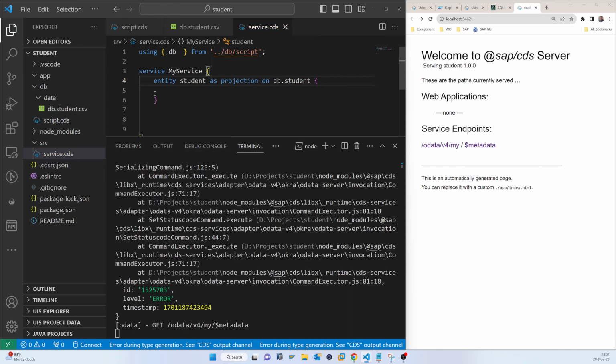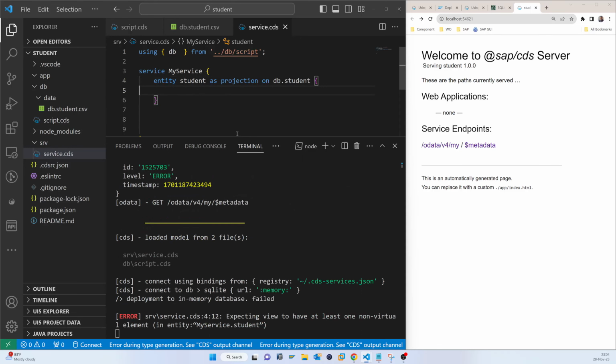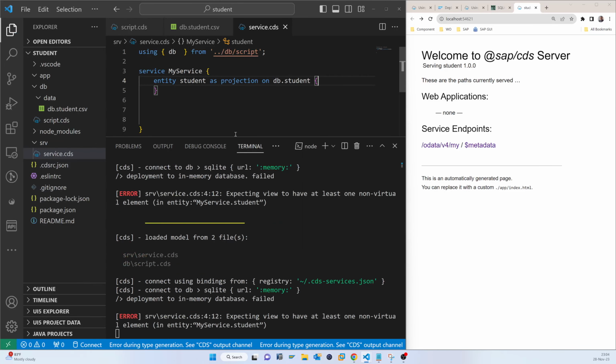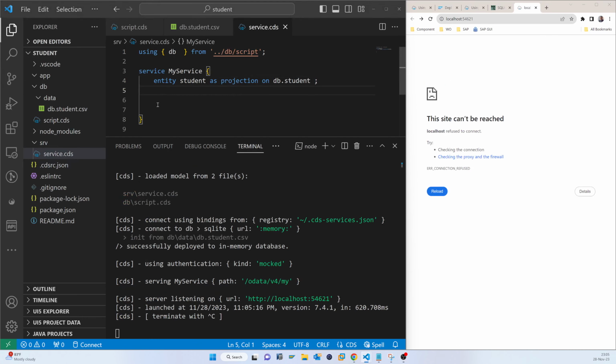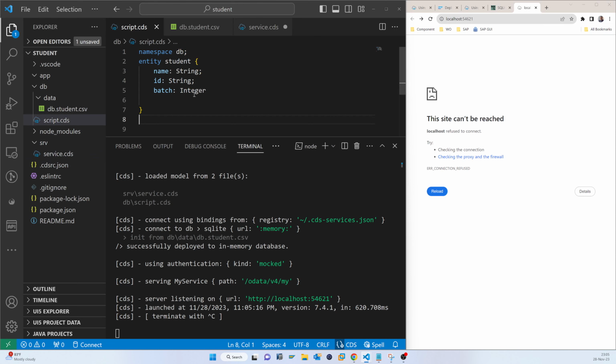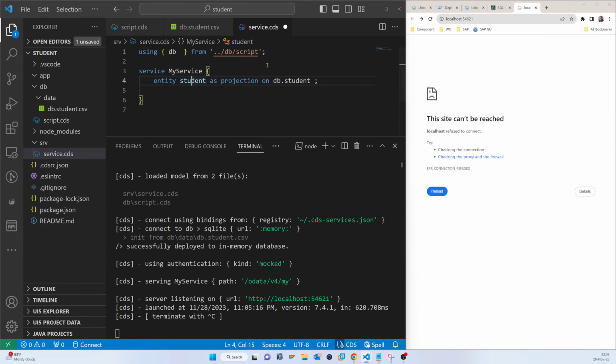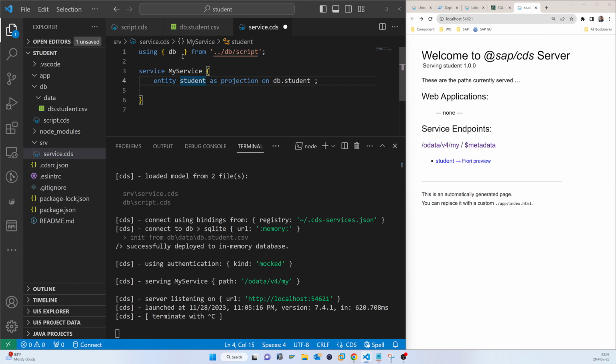So now you can see that is actually here. Okay, so now what we did, we just create a student and this student actually referring to that script. Basically that is the table, so that's why we use that namespace. So now you can see that is the student is there